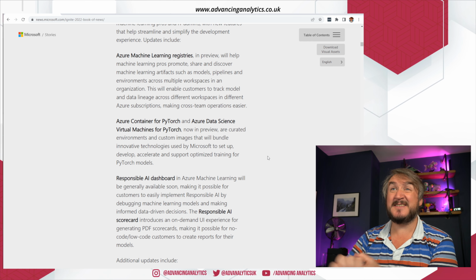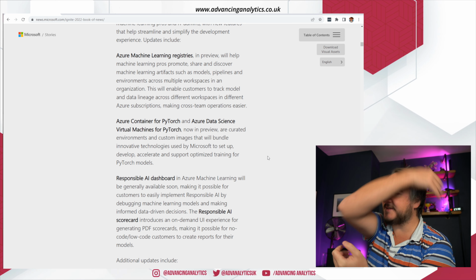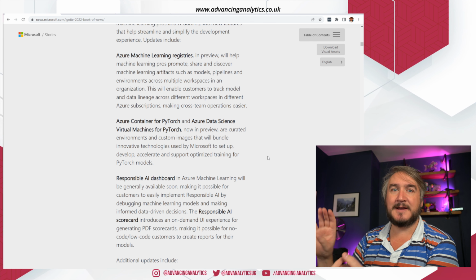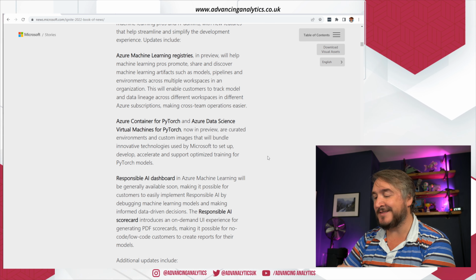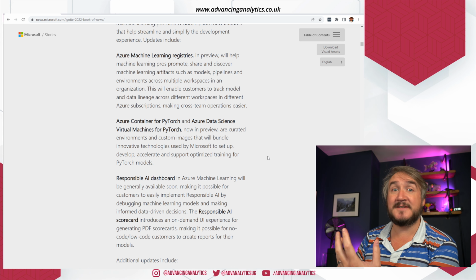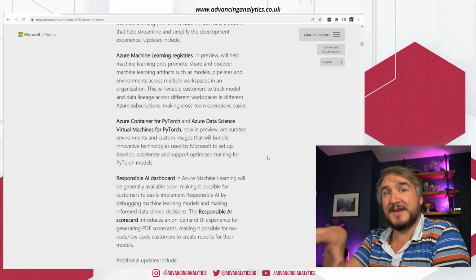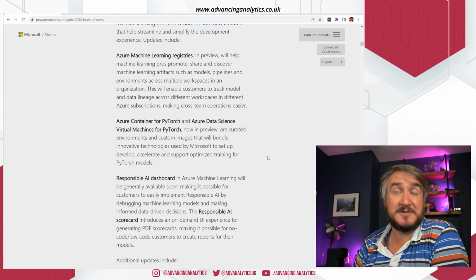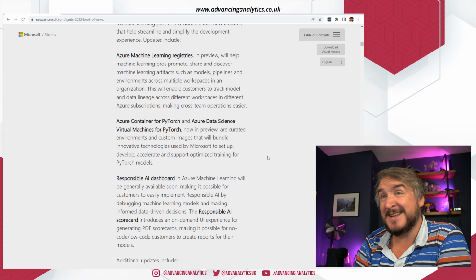Other bits and pieces around Azure Machine Learning itself. So some additional things. Azure Machine Learning Registries is an interesting one. That's basically a repository for being able to share things like models and training scripts and pipelines to create and train those models. Various different artifacts to do with the production of machine learning objects. Being able to store that as a registry and then use it across various different workspaces, subscriptions, a general way of managing your machine learning estate.